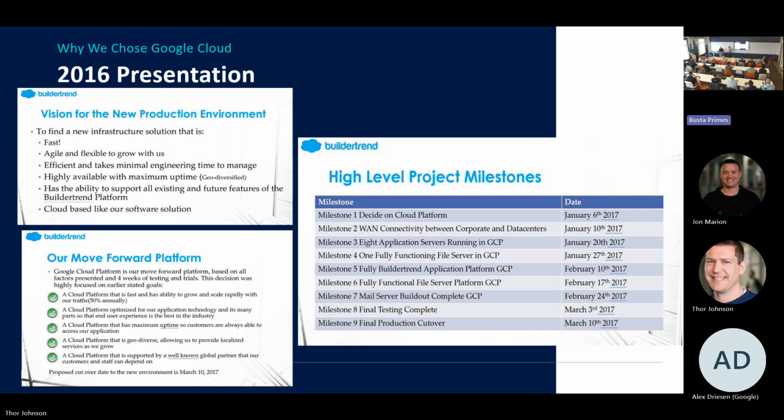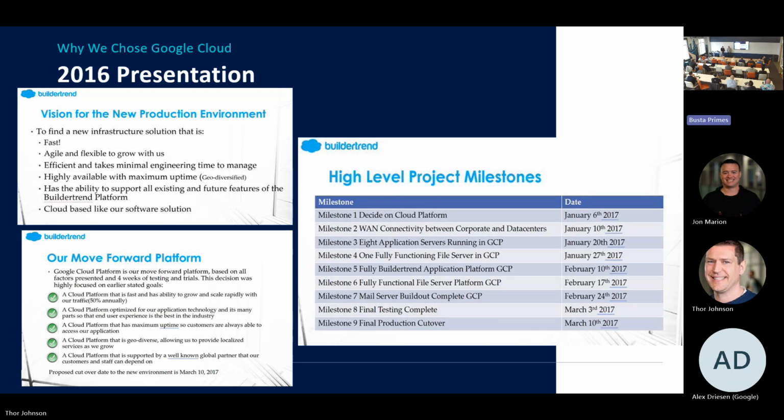So Thor, I thought it'd be interesting just to show you guys. Back in 2016, when we decided to go with Google Cloud Platform, this is kind of the why Google Cloud Platform, for those of you that aren't using it. And for those of you that aren't using every piece of Google Cloud Platform, this speaks to it too. So in 2016, we did a presentation of why Google. And at that time, I think there were like 10 services in Google Cloud Platform. So you could use storage, compute, and App Engine, and that was about it. I just thought it'd be interesting for you guys to see, with two of us, it was only two of us. We didn't have an infrastructure team at that time. So we had a database engineer and a cloud engineer, and we did all the migrations.